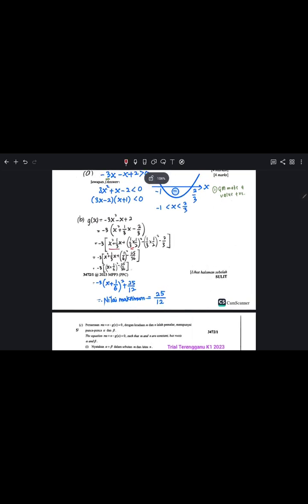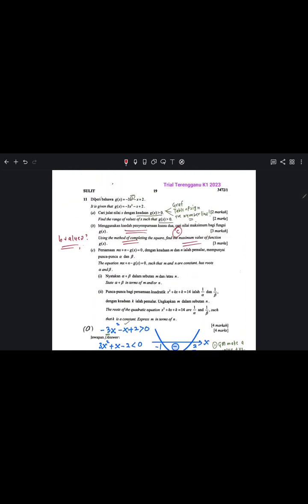You will be given mark at this part once you show like this, which is negative 3. Okay, you got x2 plus 1 over 3x plus 1 over 6 squared minus 25 over 36, right? Okay, so you just put the negative 3. This was factorized, so it's just like that. And then you combine this one and this one. Okay, you can ask where this one went. Try to expand the one that we combined. You will get back this 1 over 3. Okay, sorry. Then minus 25 over 36,